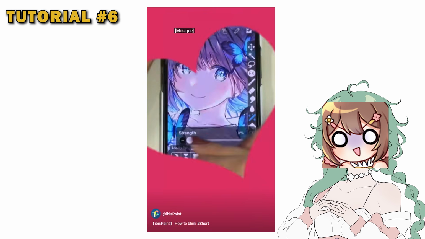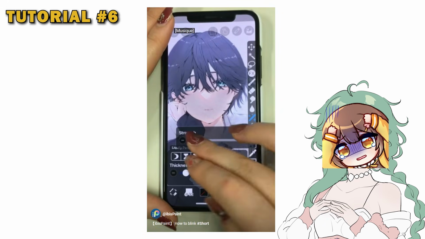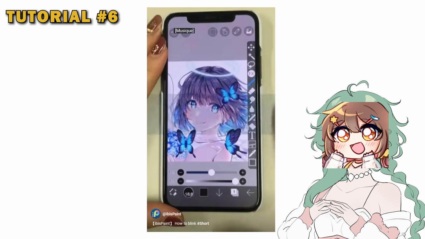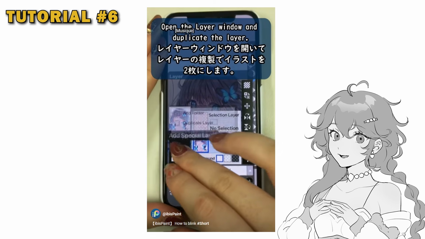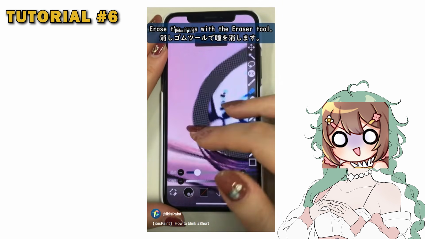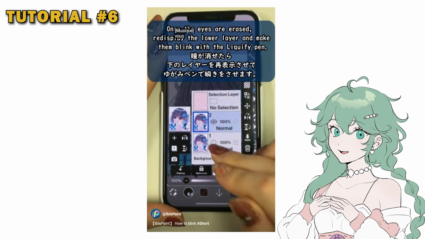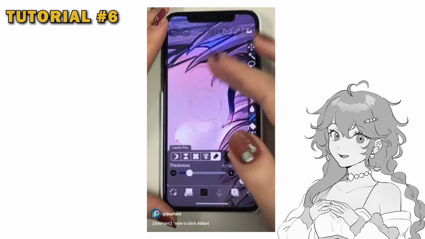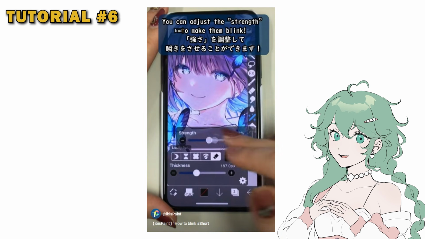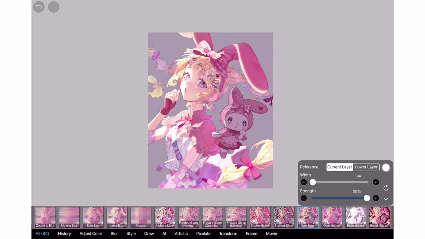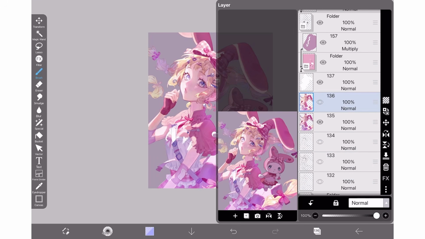Oh boy, another blinking tutorial. That looks pretty good, but I feel like mine won't look like that. But okay, let's see how we do this. Duplicate the layer, and then erase the eye. That looks kind of terrifying, but... Okay, look 5 pen, drag it down. Sure thing. Got it. Mine will not look like that, but let's try. Alright, I am confident mine is not going to look anywhere near as good as that, but let's try anyways.